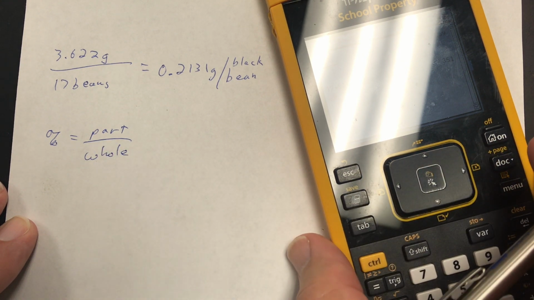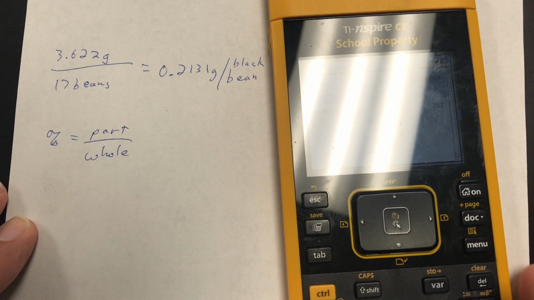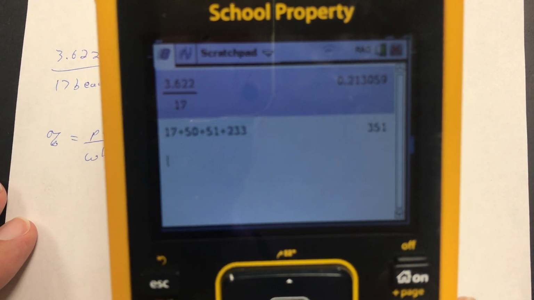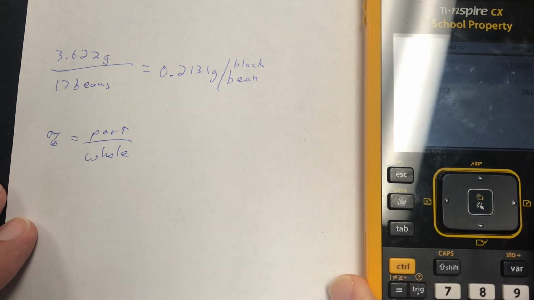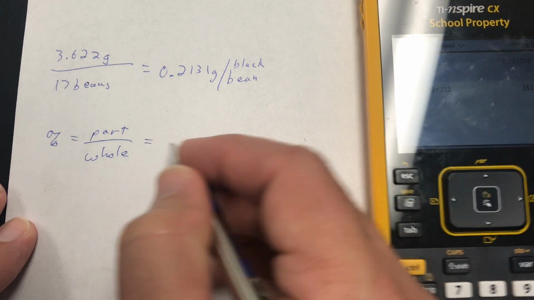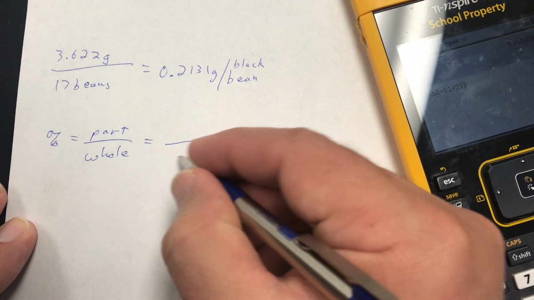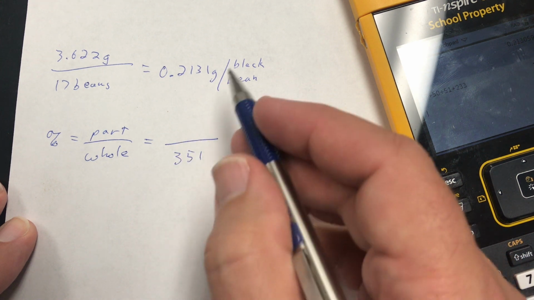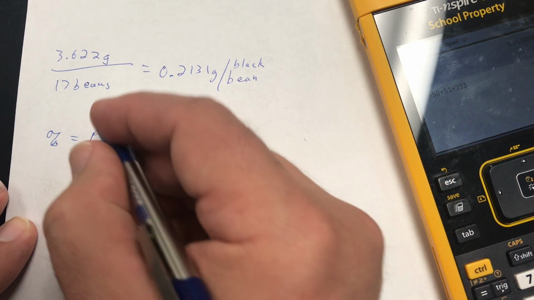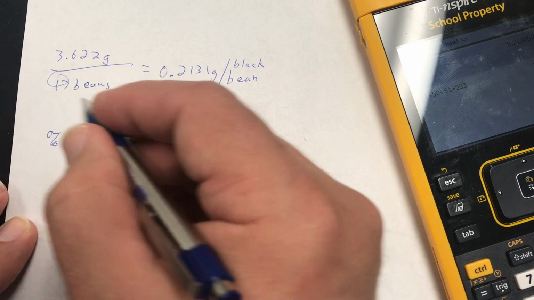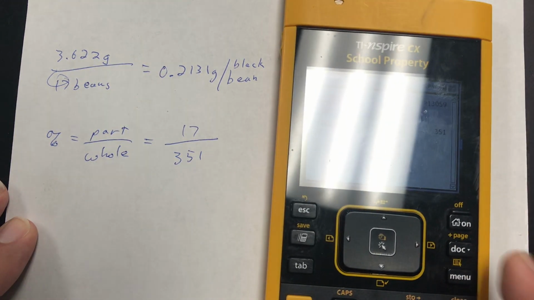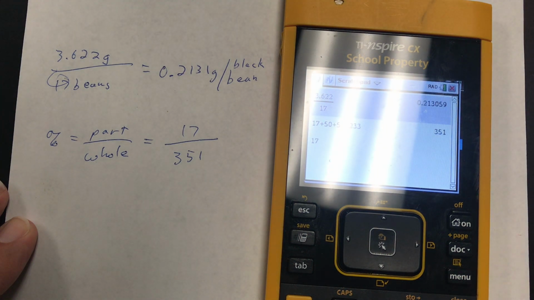Now, when we take our numbers, which were 17, 50, 51, and 233, and add those up, you see that that totals to 351. And so for each percentage, our whole will always be 351. And in this case, the part that the black beans made up were 17 beans. So I'm going to put 17 divided by 351,